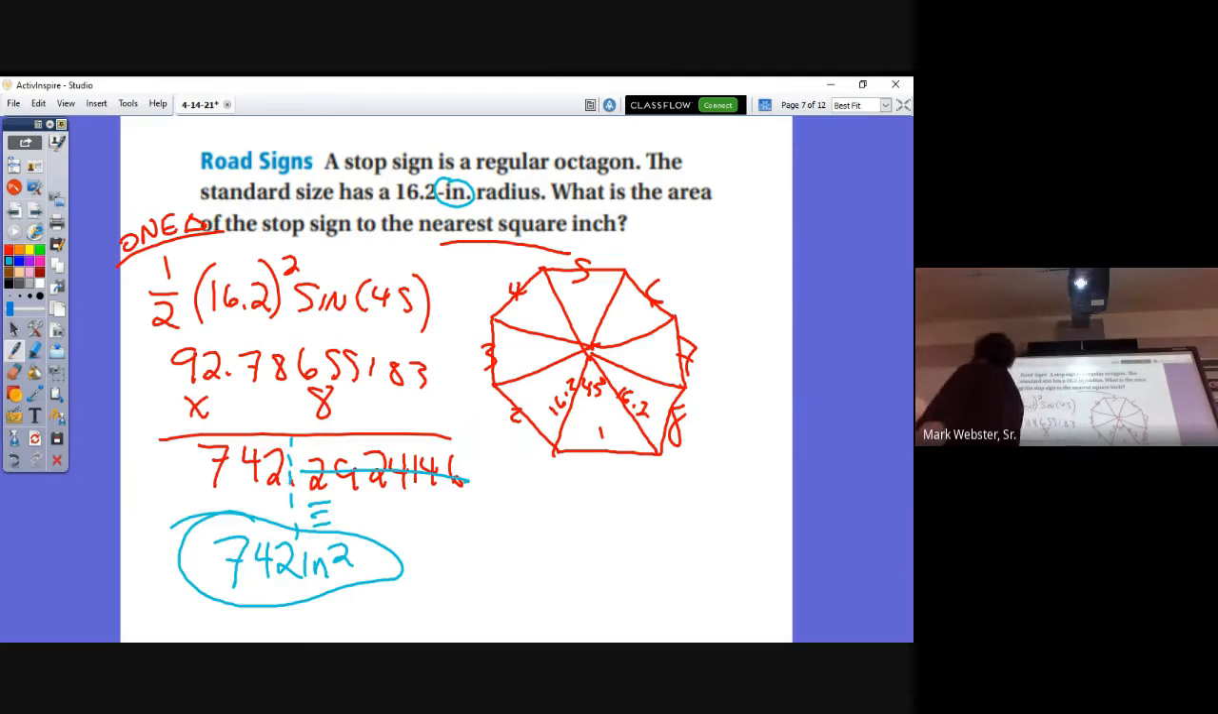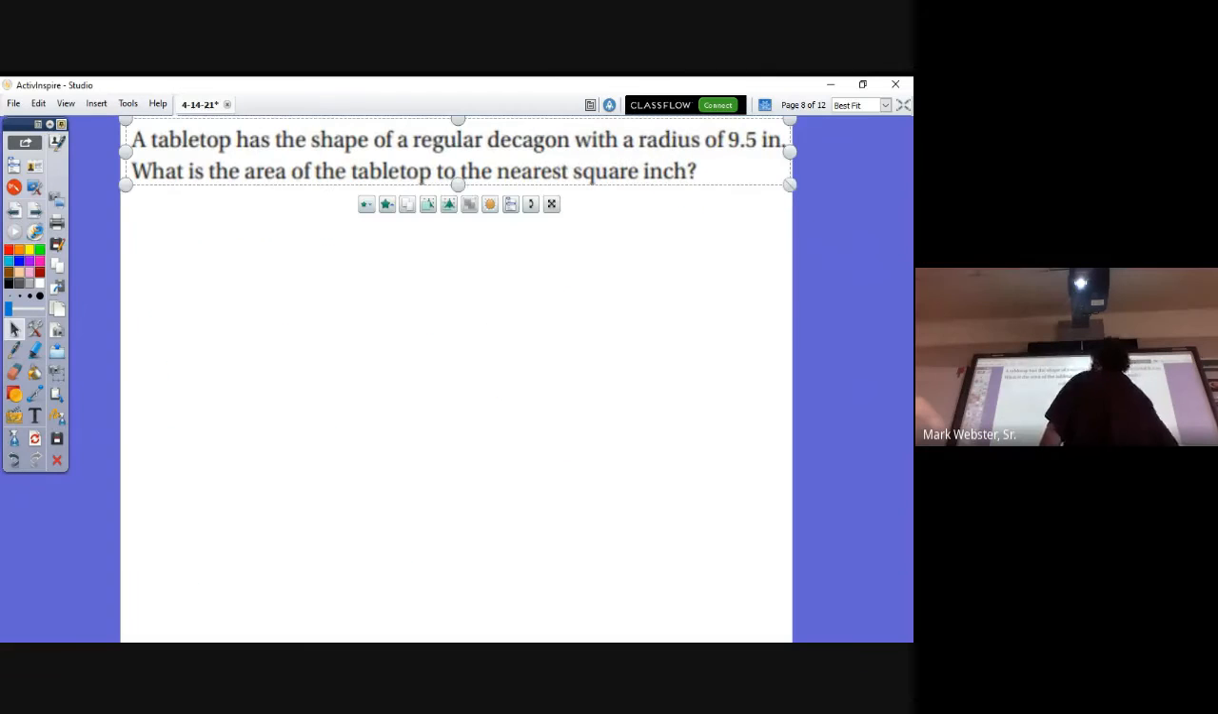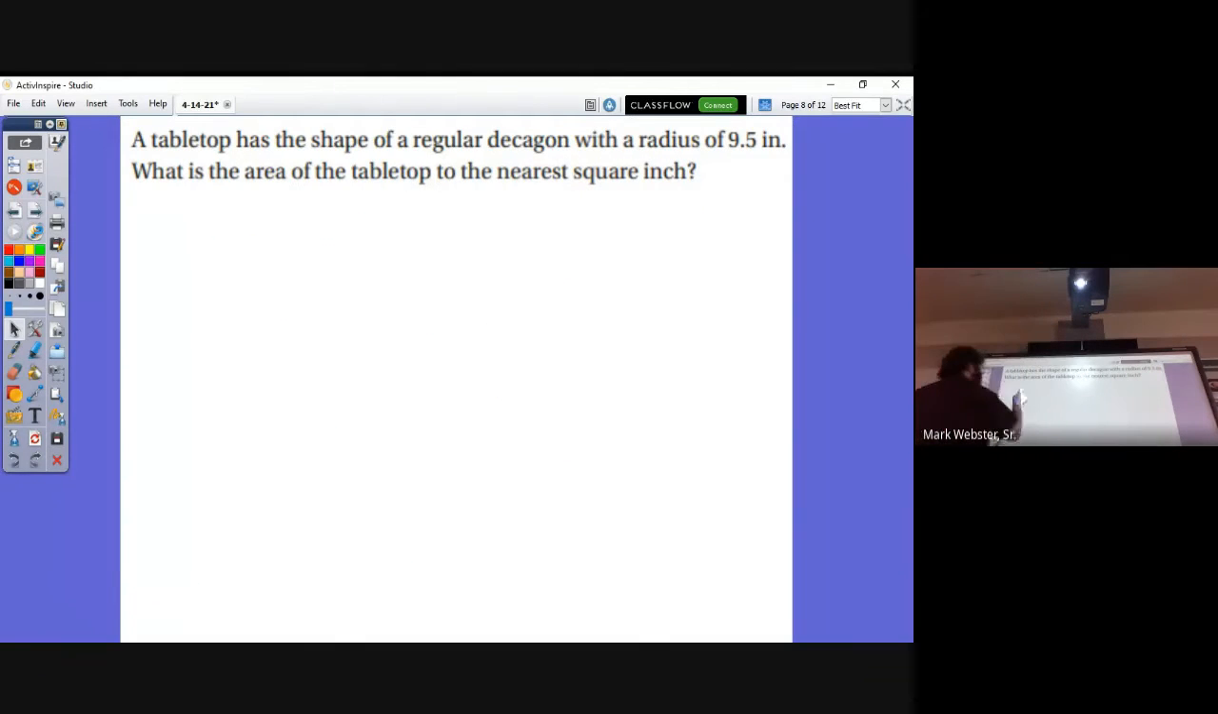So let's do another problem. We're talking about a tabletop that has the shape of a regular decagon. Decagon meaning how many sides? 10 sides. Very good. With a radius of 9.5 inches. What we want to know is what's the area of the tabletop, and they want it rounded to the nearest square inch. All right, so